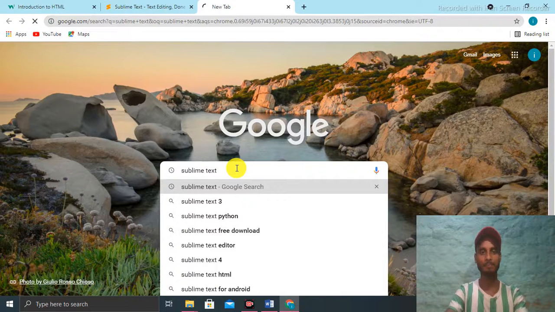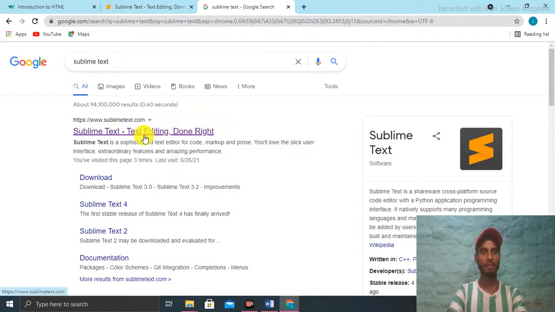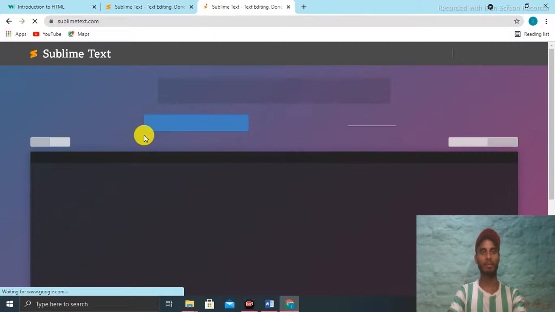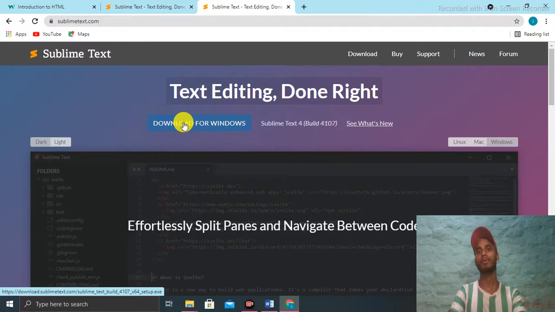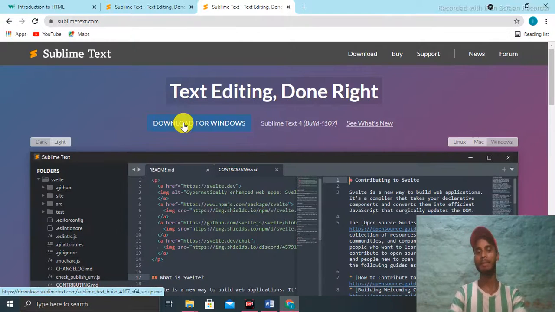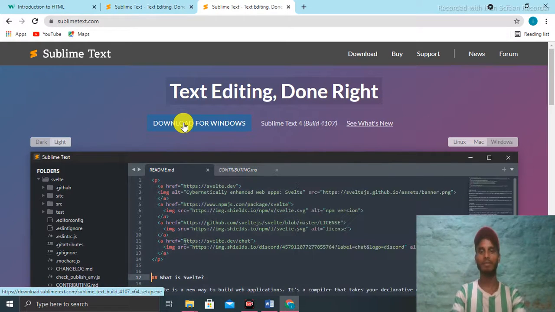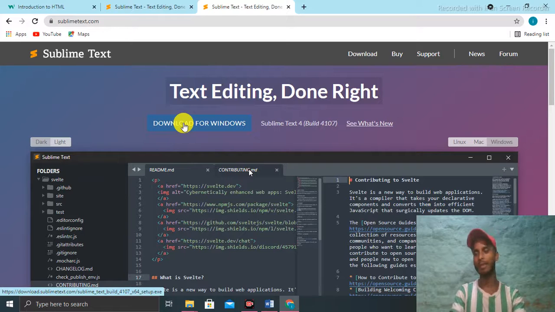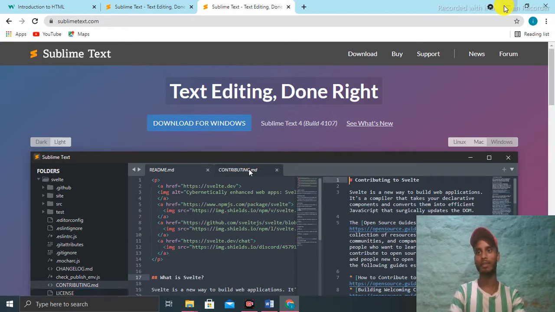Click on the link and download for Windows. After downloading you can install it easily. I already have Sublime Text, so I won't download it. Simply install it.